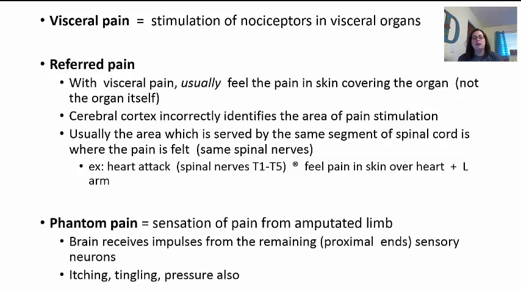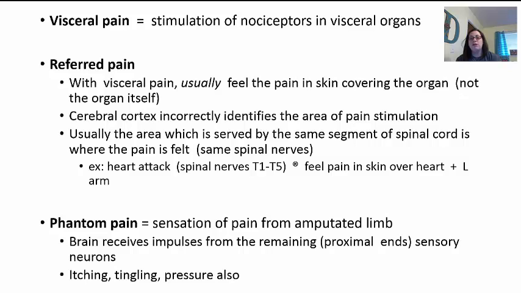The last one here is called a phantom pain. Phantom pain is a sensation of pain from somebody who has an amputated limb. So they've lost their foot, but they have an itch on that foot. They feel that there's an itch there even though the foot's not present. Or they have a pain or a tickle or a pressure on that area, but that area is not present anymore. But guys, the nerve still is. Wherever it has been amputated, the nerve is still there that would connect to the spinal cord. It's just been cut short. So if it gets stimulated, it can cause phantom pain.